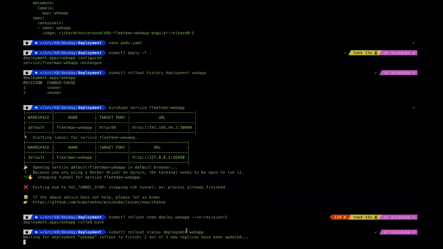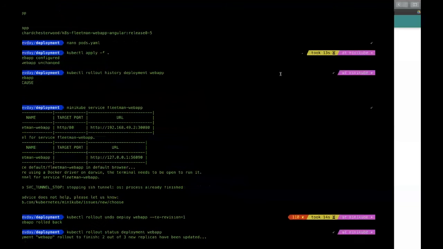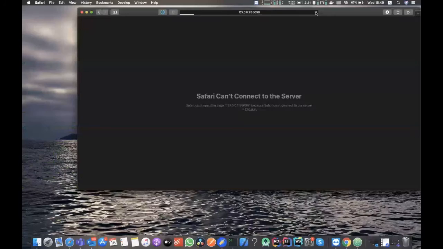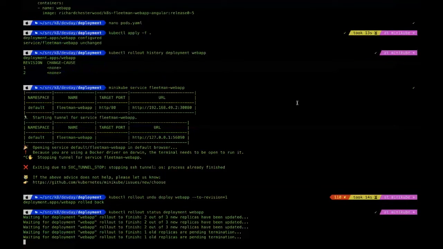So I'm trying to browse the same application in incognito mode, otherwise the browser is using cache and we cannot get it. It still is not up. Okay, so we'll wait until the rollback is finished.